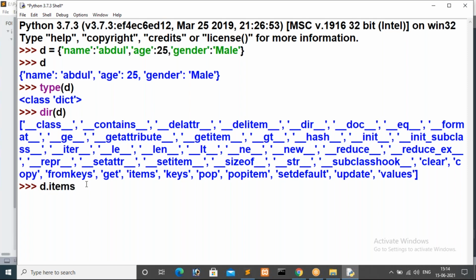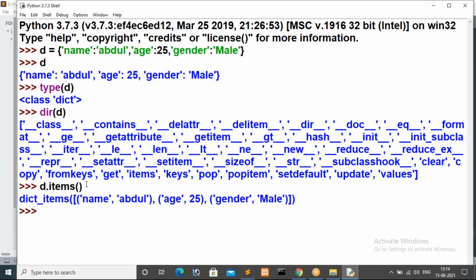You just observe my screen. When I call D dot items, it will return a list of key comma values, guys. So here dict underscore items is the method. In that we have a list, that is index brackets we have, right? In that we have tuples. So each and every tuple will specify a key and value.